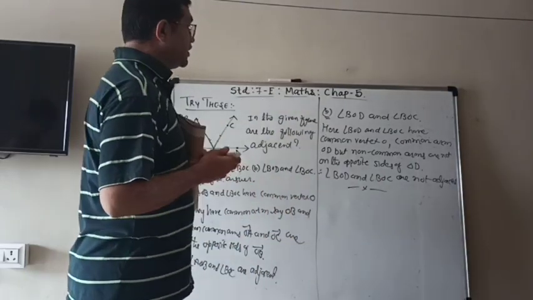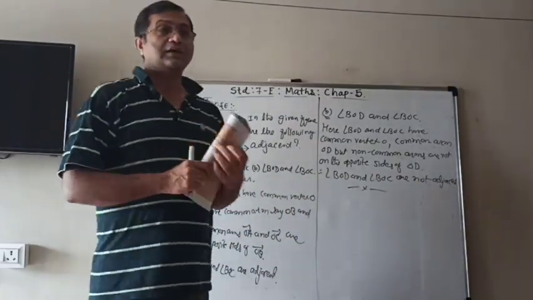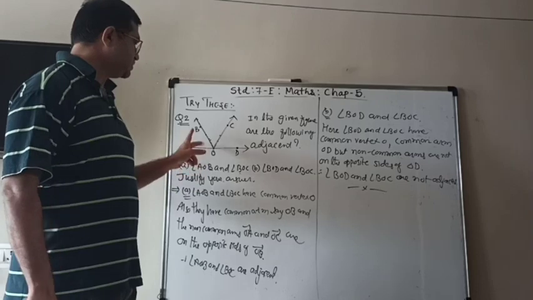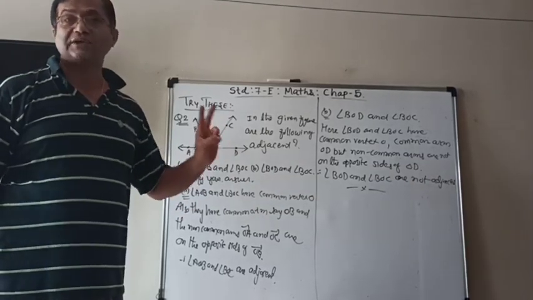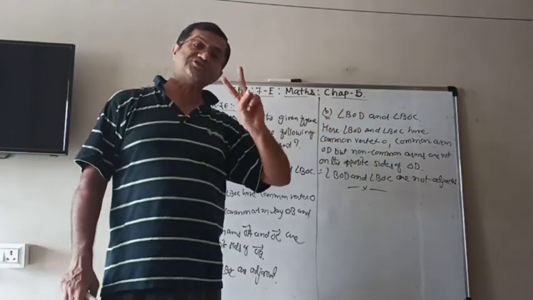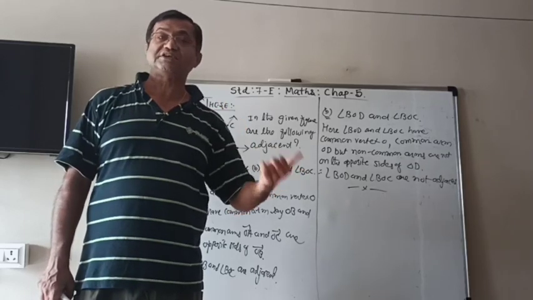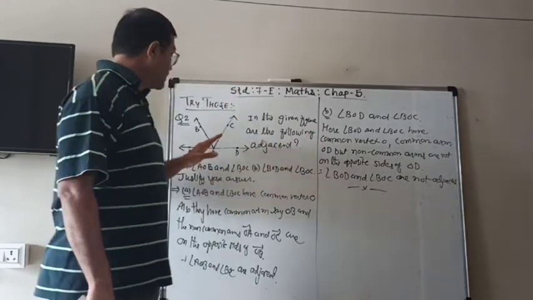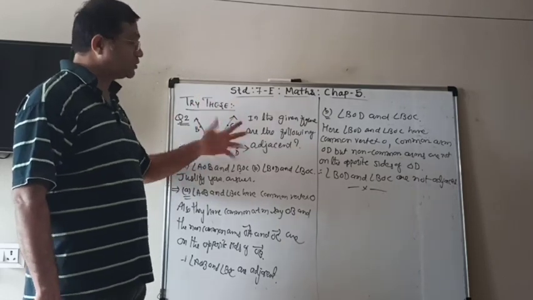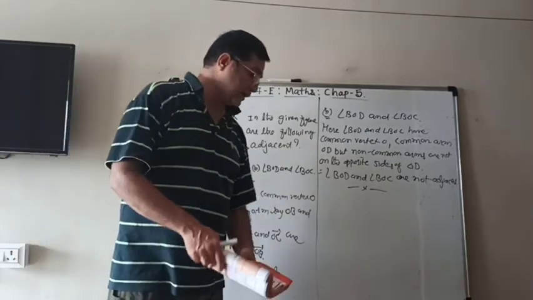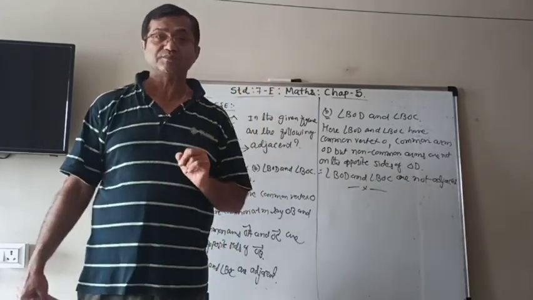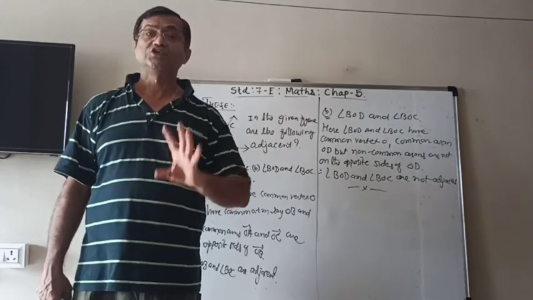So here you can see that they are not adjacent angles. We have to check all the three possibilities. In the first pair, they fulfill all three conditions, so they are adjacent angles. Here they possess only the first two conditions, but the last condition is not fulfilled because the non-common arms OB and OC are on the same side of OD. They are not on the opposite side. Therefore, they are not adjacent angles. After that, there are some questions in think, discuss and write. Very simple. You can do it yourself.